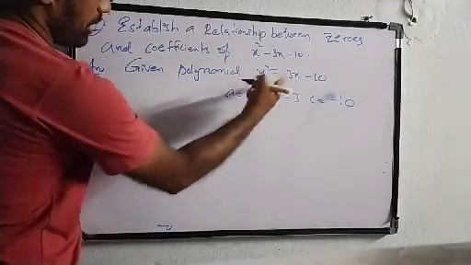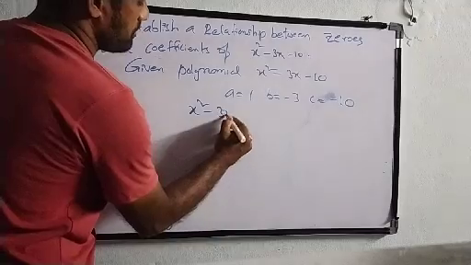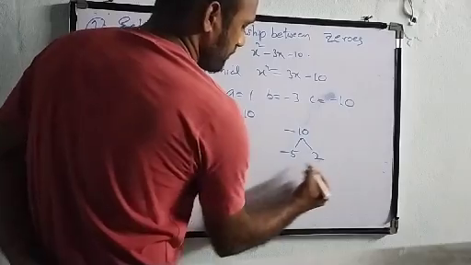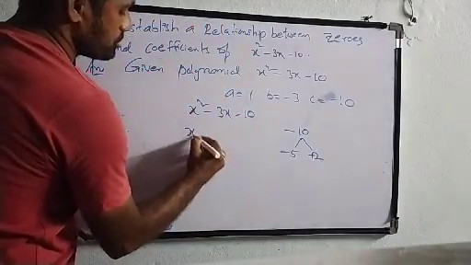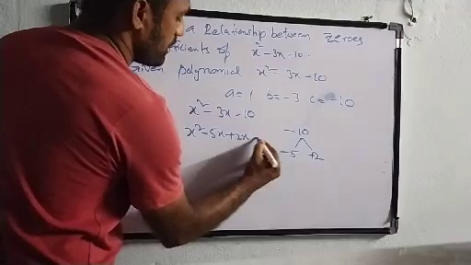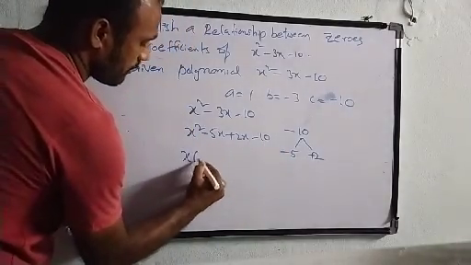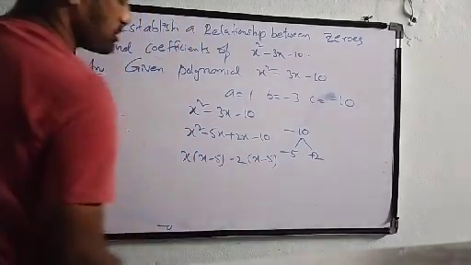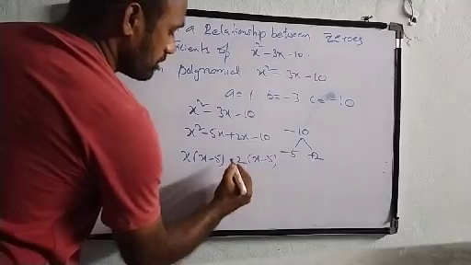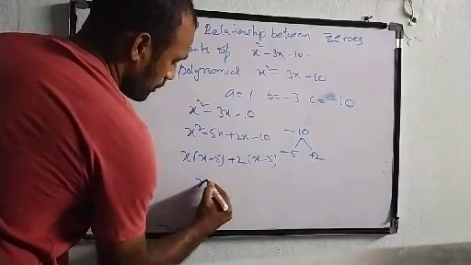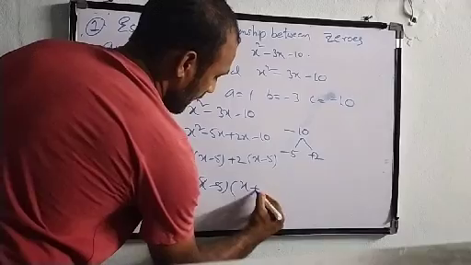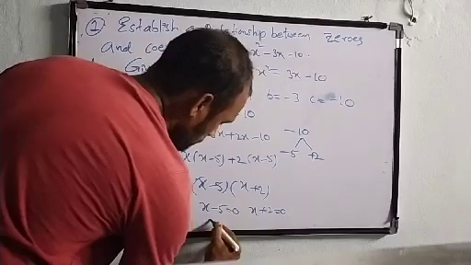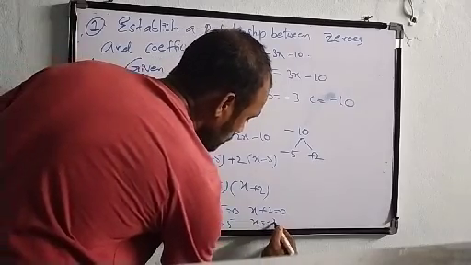So first of all, let us find out alpha and beta for this. Let us use the factorization method. Minus 10 can be split as 5 and 2, so minus 5 plus 2. So x square minus 5x plus 2x minus 10. I can take x common in this, it will become x minus 5. The same x minus 5 will be there here, it will become plus 2. So x minus 5 overall I can take common, and the remaining will be x plus 2. It means that x minus 5 equals 0 and x plus 2 equals 0. So x equals 5 and x equals minus 2.